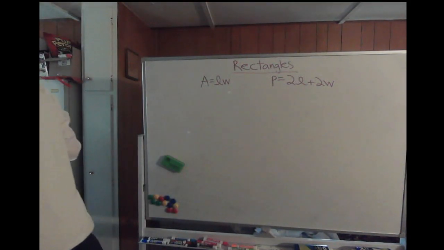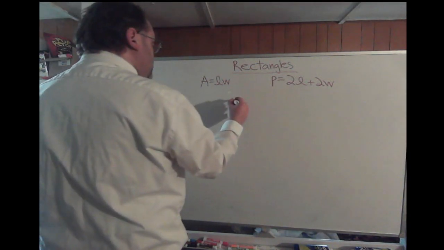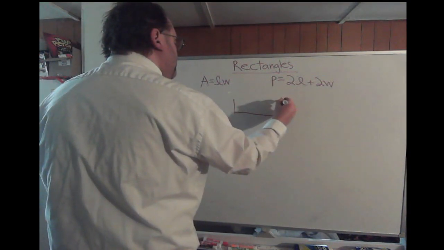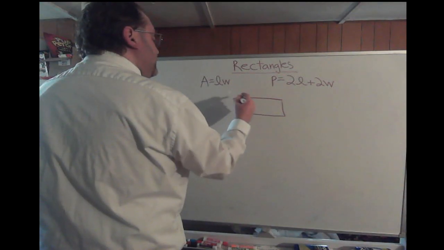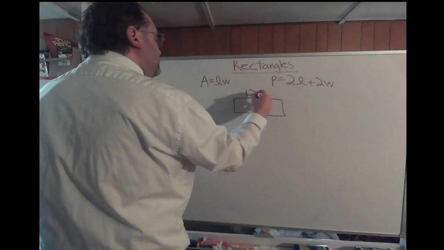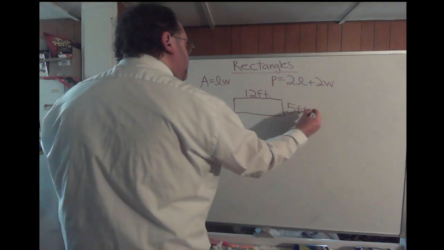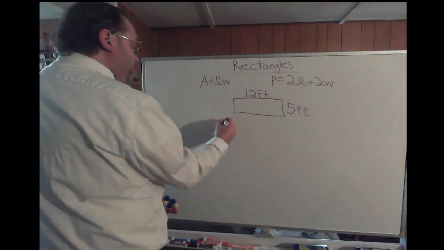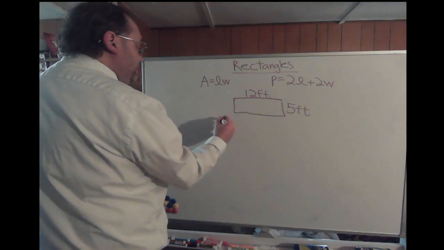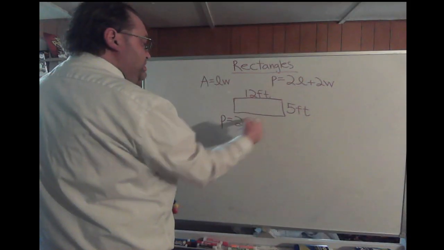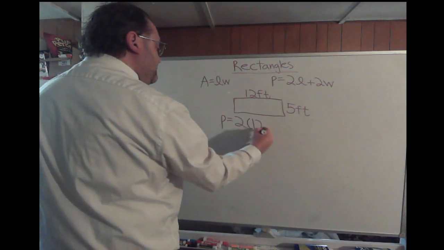What's the next figure here? We have a rectangle with length 12 feet and the width would be 5 feet. Well, let's start out by finding the perimeter, the distance around the outside of this rectangle. So the perimeter is going to be equal to twice the length, which would be 2 times the length, which is 12 feet,